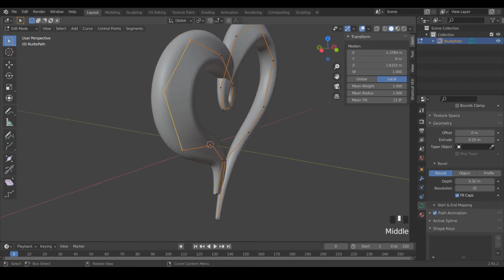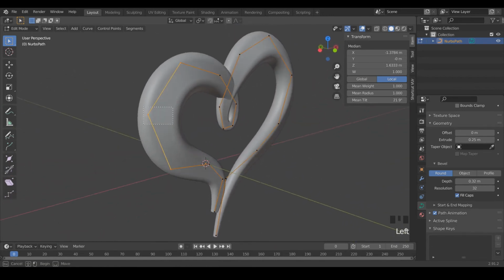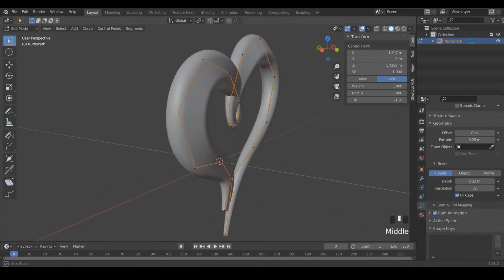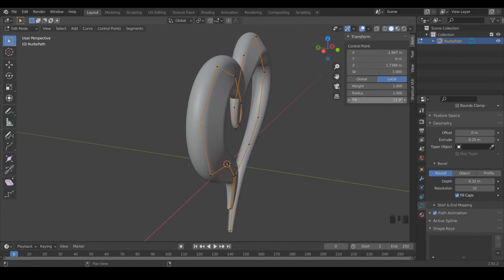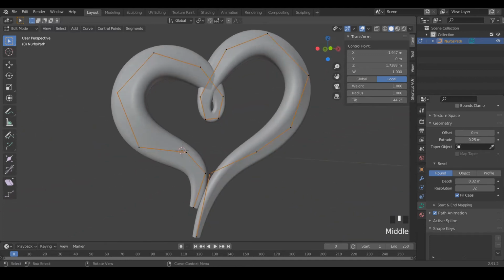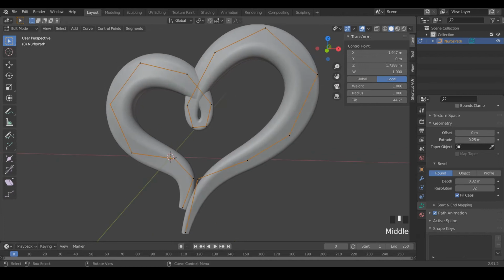And throughout this step, it's a good idea to kind of pan around the object to get a better feel for how these tilts look in relation to one another. See, that's not too bad.